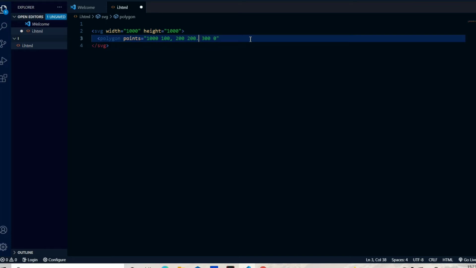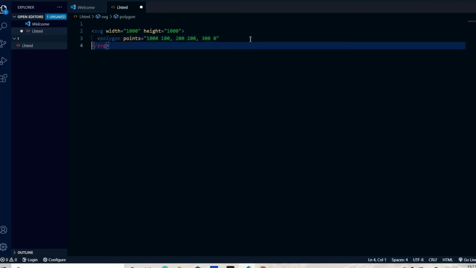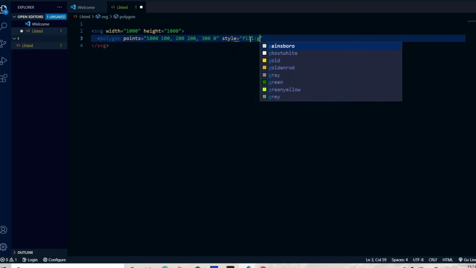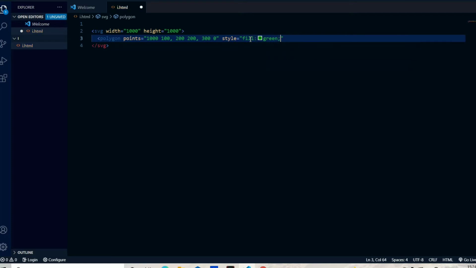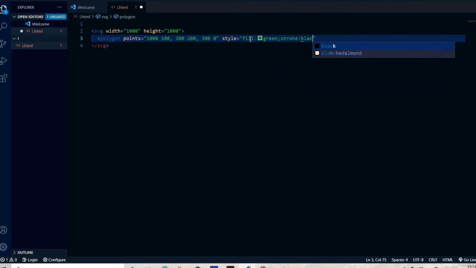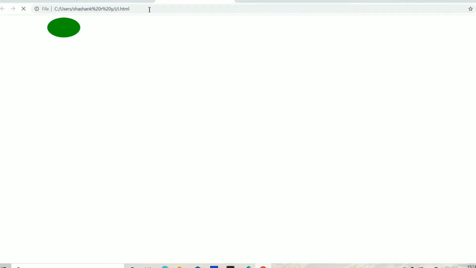We have used the points here, and next we have to use the style. I use style equal to fill green, and stroke equal to black, and I complete it. I save it and reload this page.